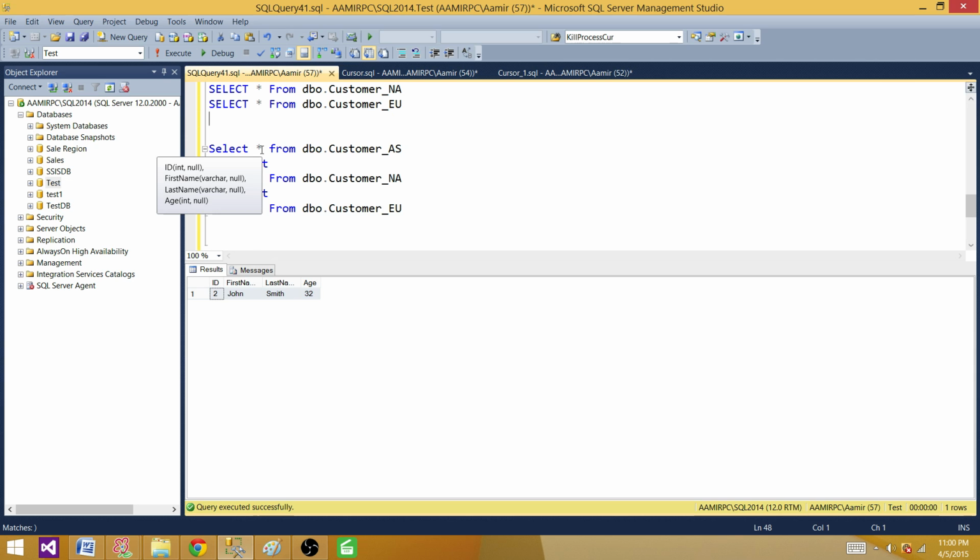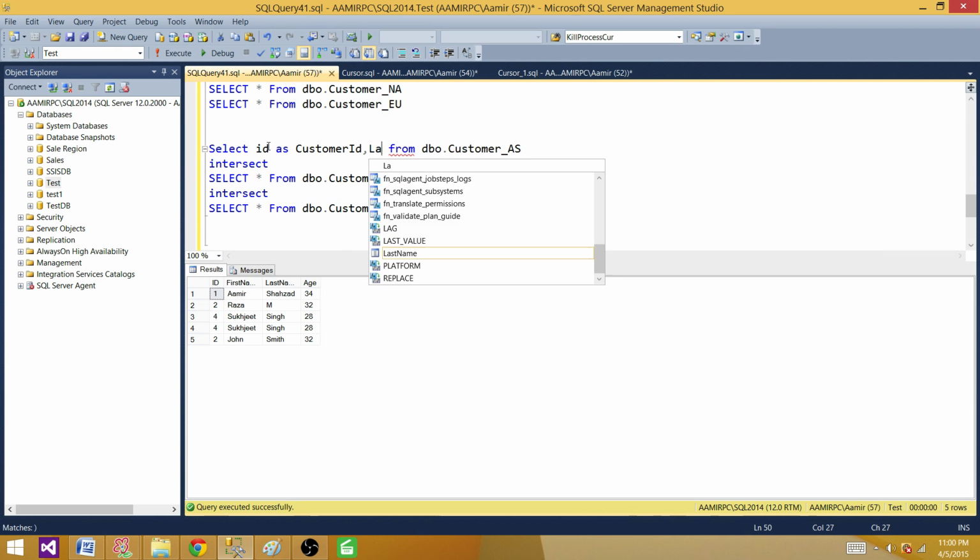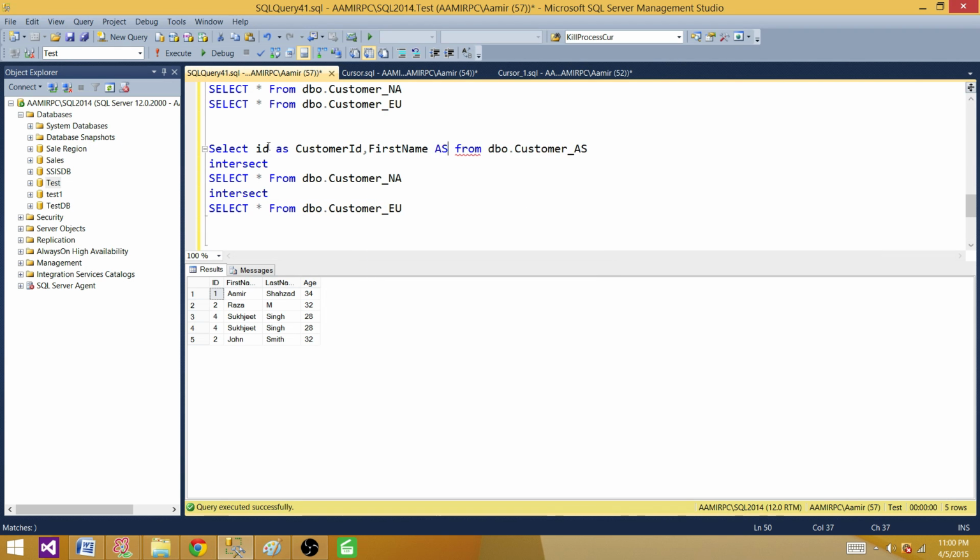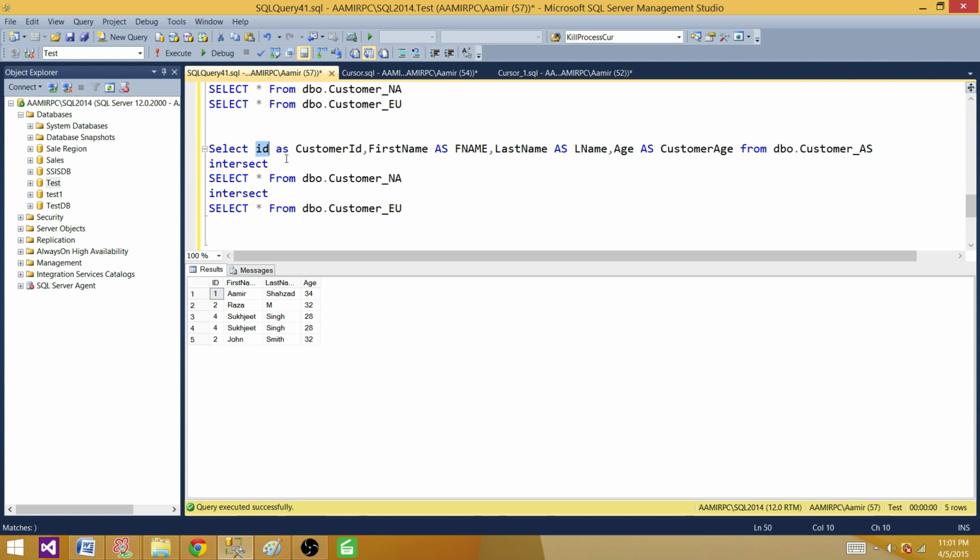So one quick part I want to show you here. As we can see, it has ID. I can use ID as customer ID, and also with the first name, I can use F name, and then I can use last name as L name. So you see what I'm trying to do, age as customer age. So even these column names, here I have ID as customer ID and all that, even they are not matching with